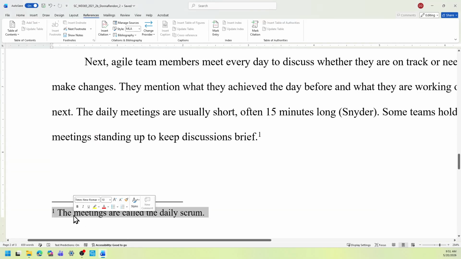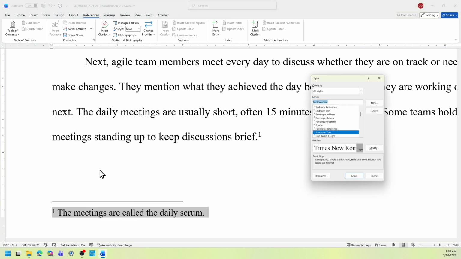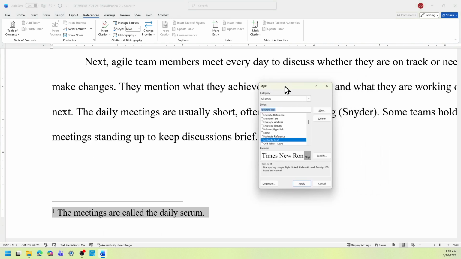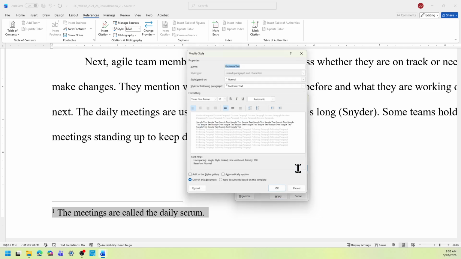You're going to highlight the footnote sentence there, and then you're going to right-click and select Style. As you can see, the style menu has that Footnote Text, and then you're going to select Modify.